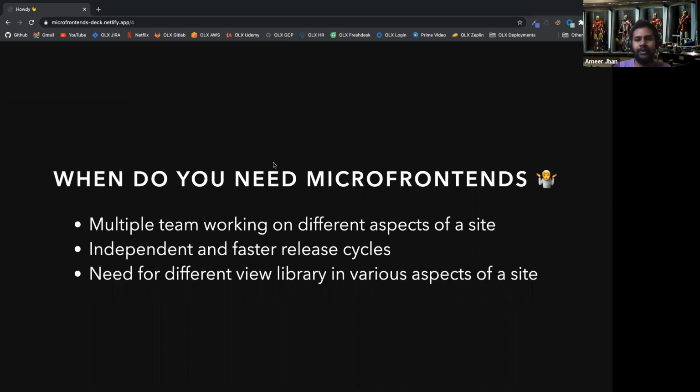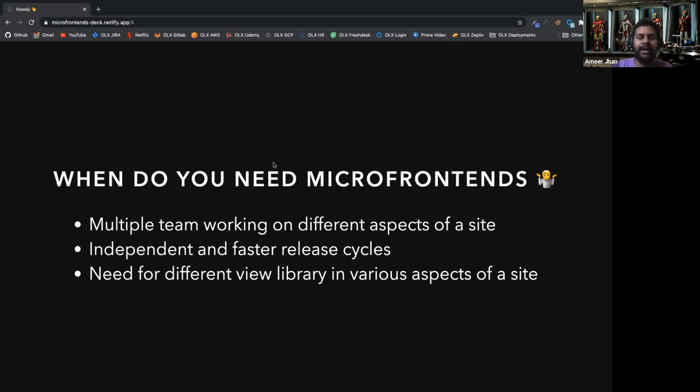So when do you need micro frontend? This is the second question that you should ask yourself, right? We already know what micro frontend is, but do you actually need it? The answer is, for 90% of you, no. Just for the sake that my talk is on micro frontend, I wouldn't tell every one of you to go today and implement it, right?